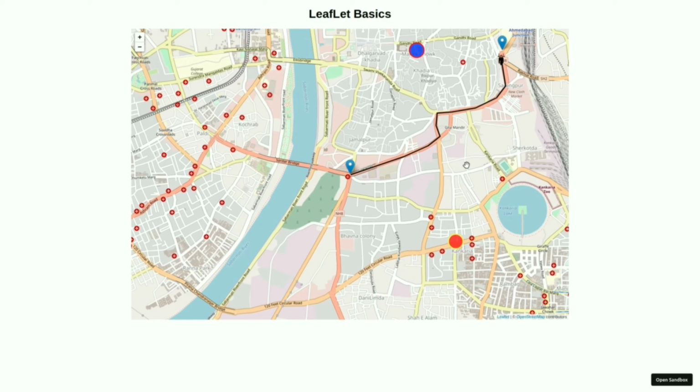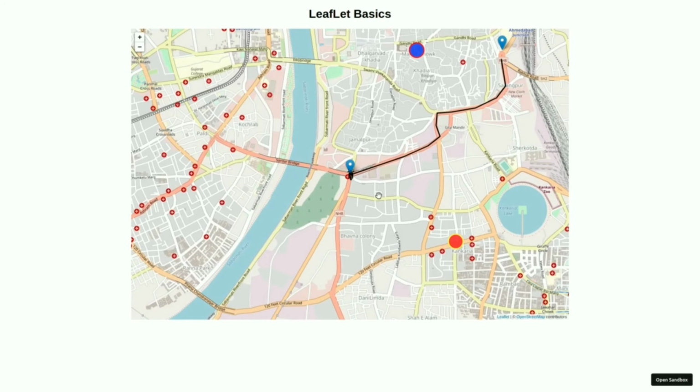Now using the Leaflet, you can also render the custom icon. For the custom icon, you can see the bike icon here. That type of icon you can render using the Leaflet. Using the Leaflet, you can also render such type of line path that's showing the distance between the two marker positions. Now using the Leaflet, I have also implemented one use case that's showing the current location of the delivery person.